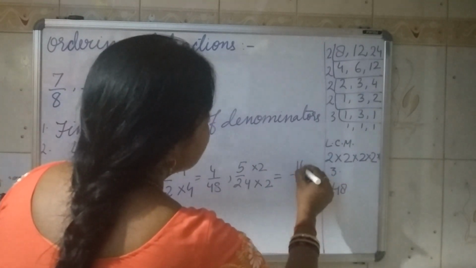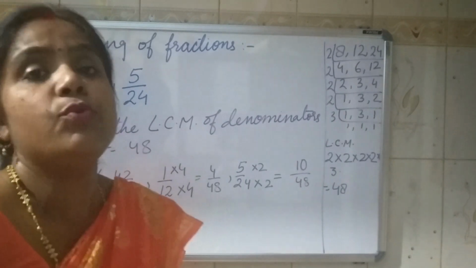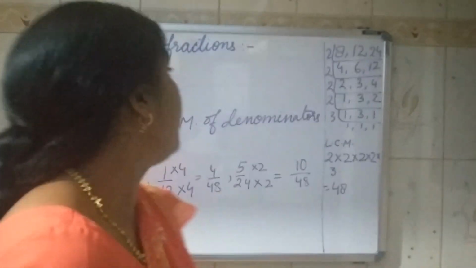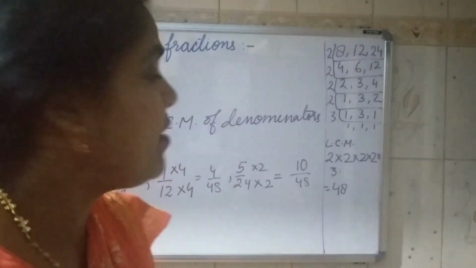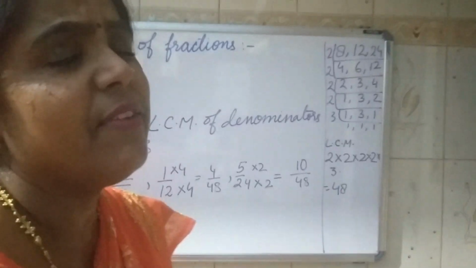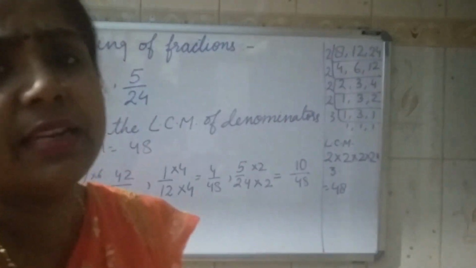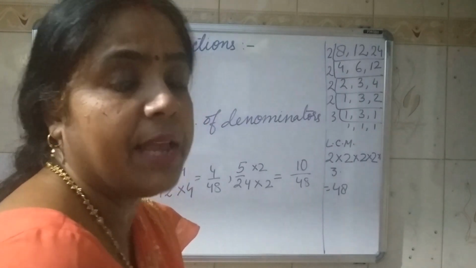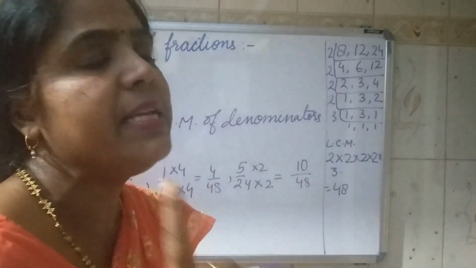I hope you understand why I was telling you again and again to learn the table, because the table is required everywhere. If you know the table easily, you can do this quickly. Otherwise, you are just going to calculate all the work in the rough column and it is a waste of time. You want to be fast in maths, please learn the table.